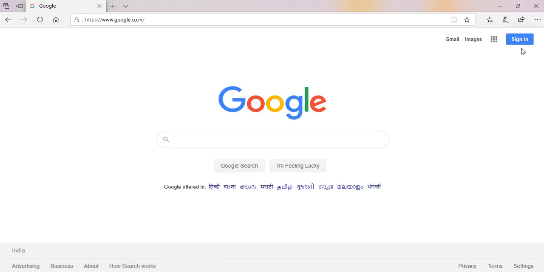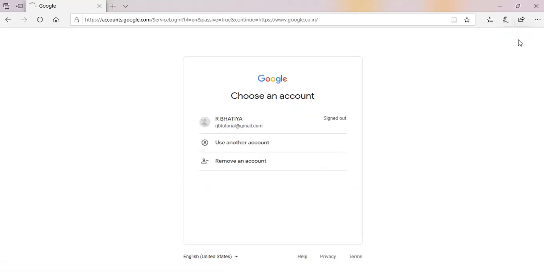So to create a Google Classroom, we need to sign in to your Google account, your Gmail account which you have created earlier. So click this sign in button. I already used the same laptop for creating my previous account, so it is already there.